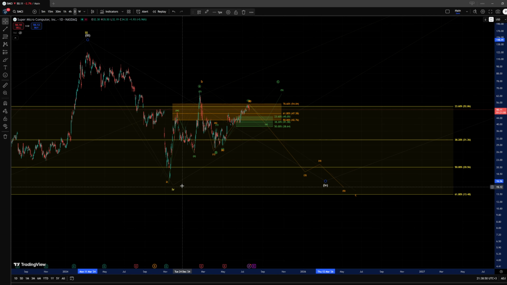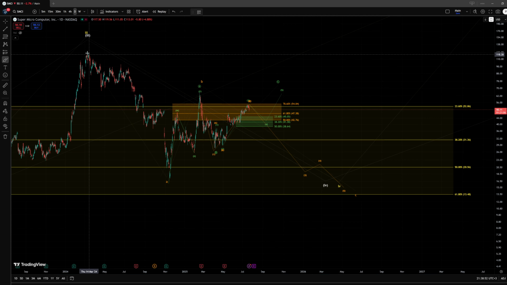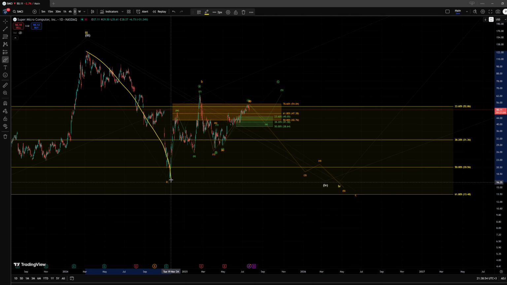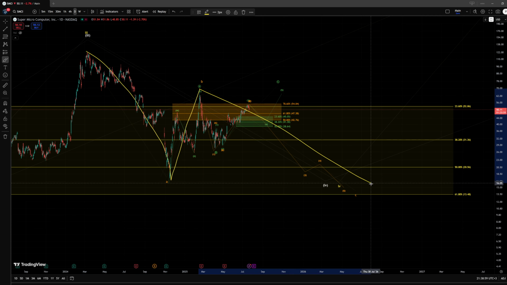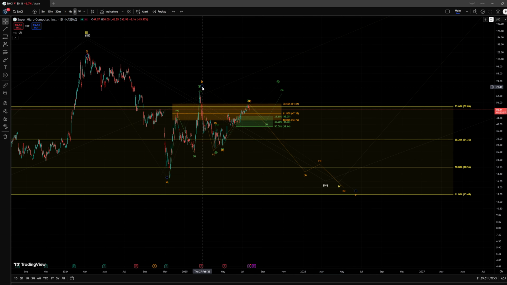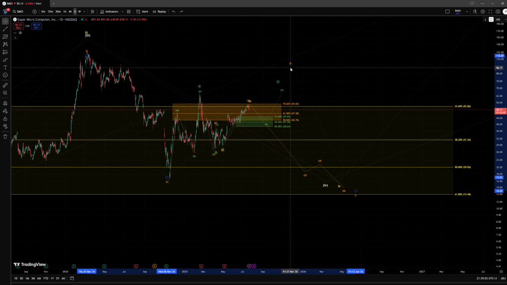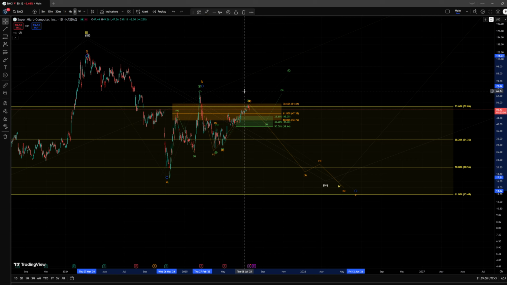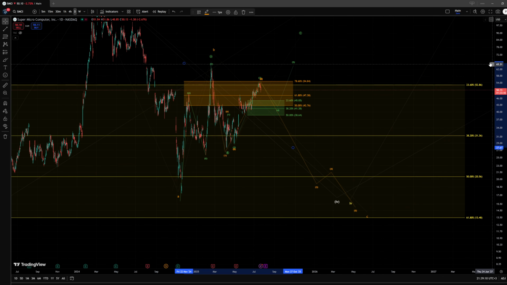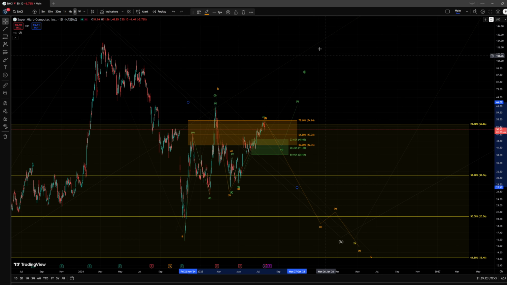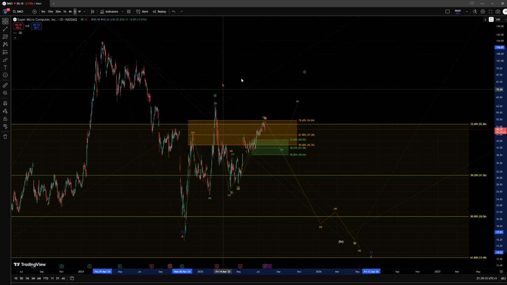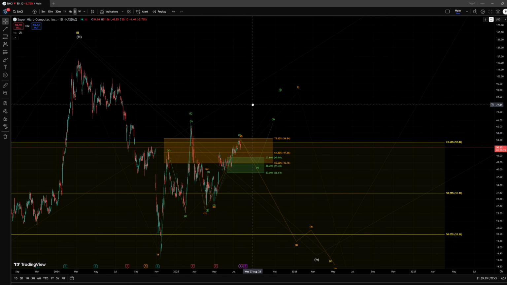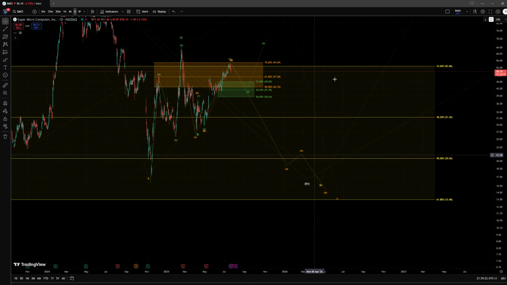Or we could have the orange scenario, in which we completed a wave A down, a wave B up, and then we are looking for a wave C to the downside. It is also possible that the B wave is extending, and then the green count would also be valid. But we do have the resistance zone in orange that would indicate that it is either extending and resetting the B wave, or it is getting broken completely and we are moving directly higher in